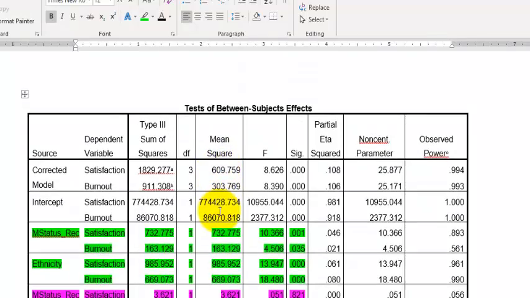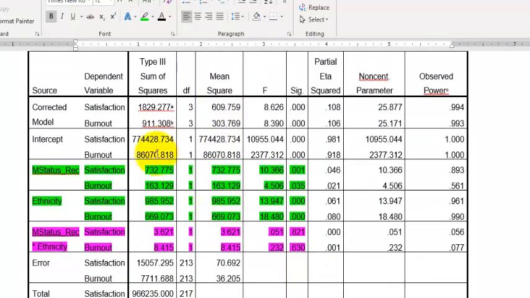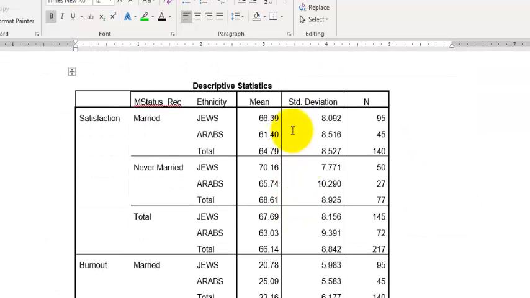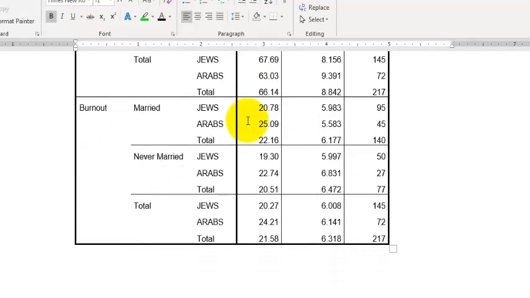And here again is the table. So significant difference, significant difference, significant difference, significant difference, no significant interaction. So you have a main effect of marital status and a main effect of ethnicity for both your DVs. There's your descriptives that has all the means and standard deviations if you were going to write that up.